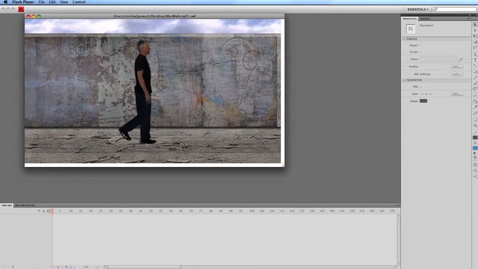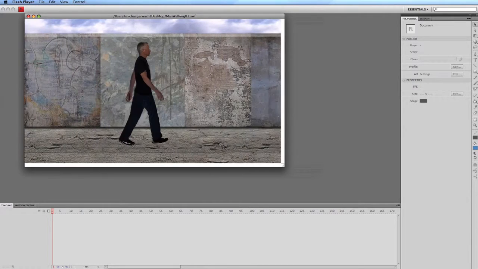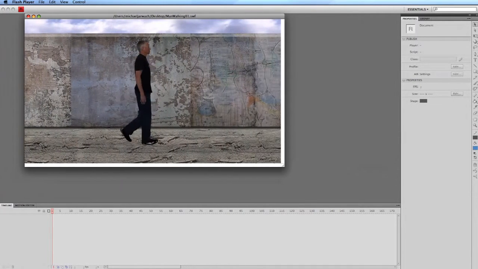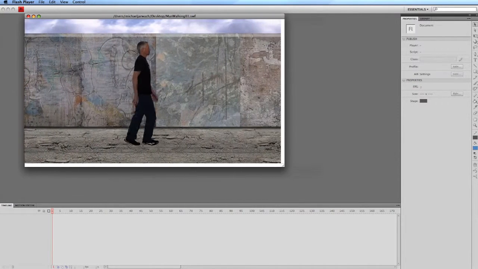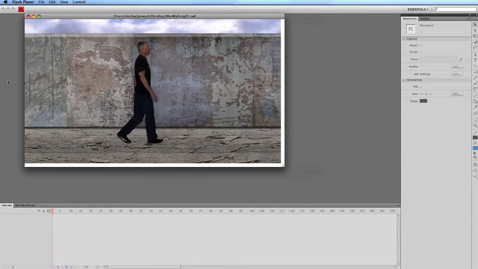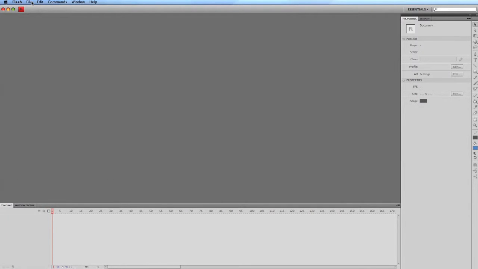In this lesson, using Flash, we'll finish making our animation using tweens. We'll add an animated background and we'll export the animation as a shockwave file. Start by opening the project file from the previous lesson, or go to the course material provided, go to the